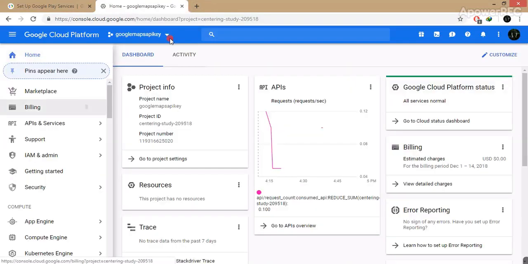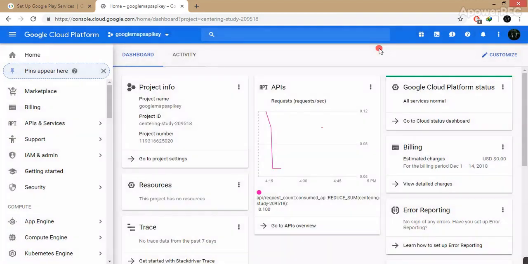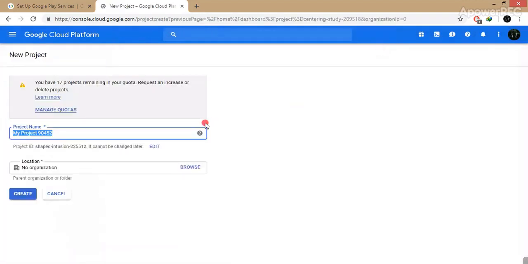Click on Google Cloud Platform and create a new project. How can you create a new project? Just click on this drop down list and click on new project, and I'm going to give it the name Google Maps Training Class.